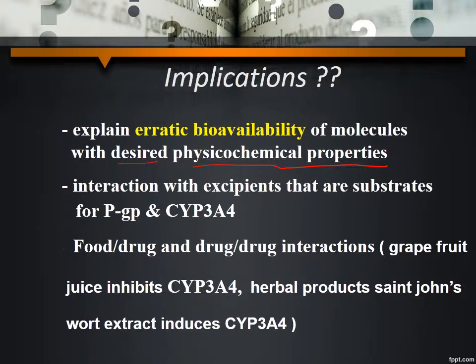Another implication is when a drug with an active ingredient is formulated with an excipient that happens to be a substrate of PGP and CYP3A4, and this can also affect